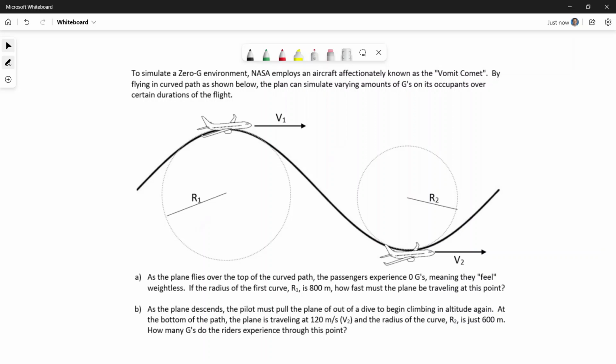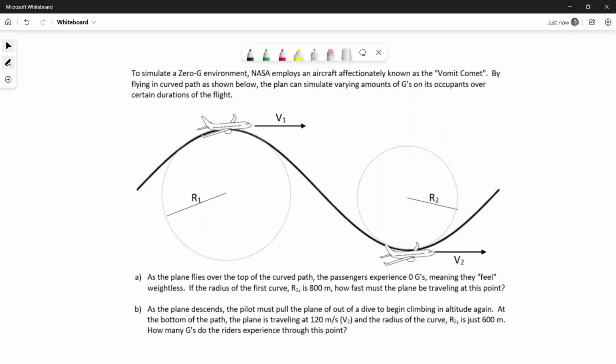Here at this point in part A, the plane is flying over the top of the curved path, and at this point, the passengers are experiencing 0 Gs. Remember, 0 Gs doesn't mean gravity has turned off, but the feeling of gravity that we get when we have a ground or surface underneath us goes away. So these passengers, the plane and everything in it, are actually in free fall at this point at the top